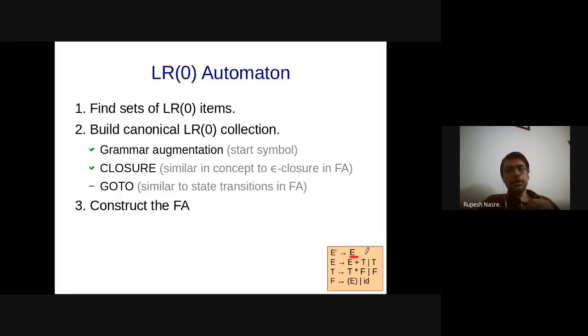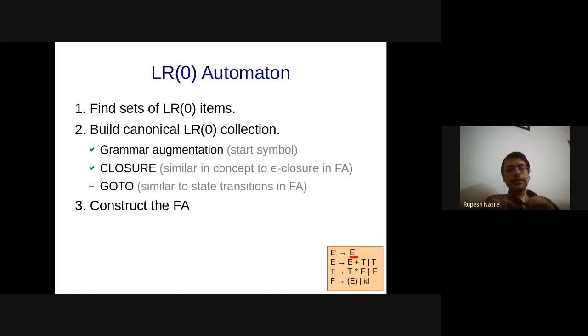Then we built a canonical collection of these LR0 items, which means that we started with a kernel item, E prime deriving dot E. That is the first kernel item that you will have. And then dot E introduces E deriving dot E plus T, E deriving dot T, etc. Those were the closure. Once we have this item set and this closure, that represents a state in this transition diagram.